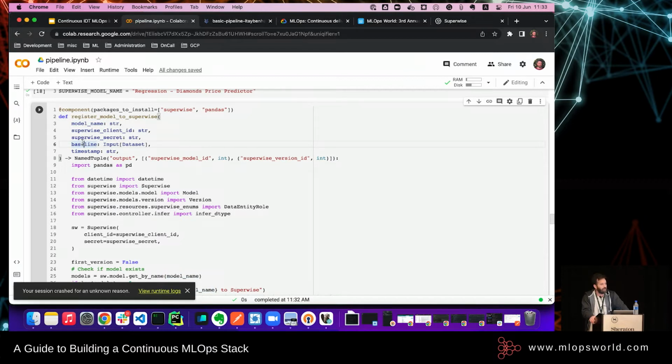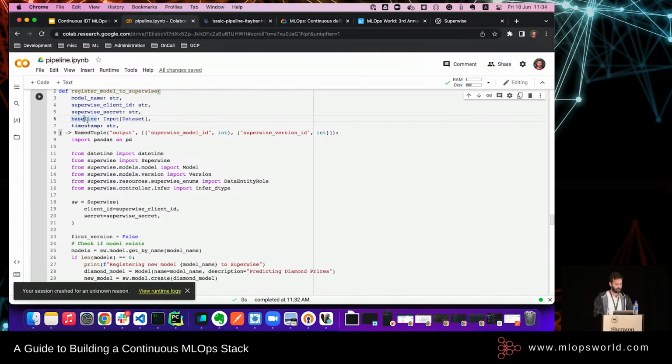What's the baseline data set? It can be anything you think is similar. In this case, we're going to use the train data set as the baseline, and this helps Superwise to come up with different statistical metrics and understanding of how the baseline data looks like, and then it can calculate differences from the real-world data and have all those policies. If you define them, it's great, but we can get a lot of understanding about what goes wrong and why, and then we can produce some understanding of what's going on.